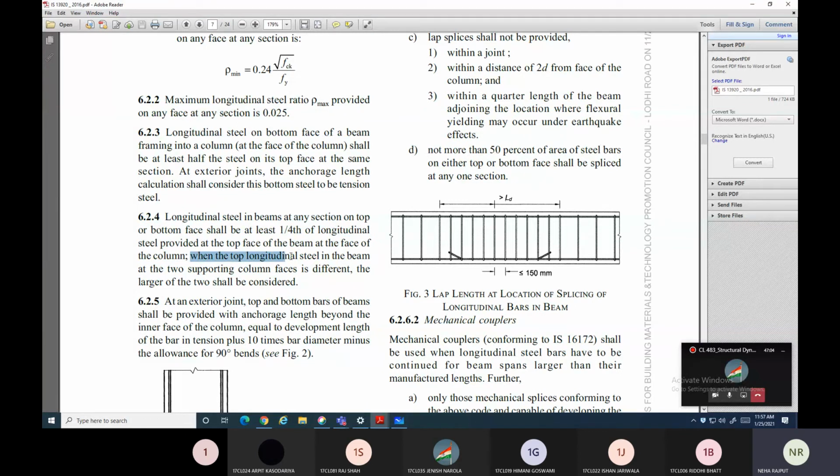Then when the top longitudinal steel in beam at two supporting column faces is different, the larger of the two shall be considered. मतलब अगर आपने दो अलग अलग डायामीटर के बार लिए हैं तो ये क्लॉज के हिसाब से, अगर दोनों टू सपोर्टिंग कॉलम में डिफरेंट है तो जो लार्जर है उसके रिलेटेड जो भी आपको नंबर्स आते हैं वो आपको फॉलो करना है।